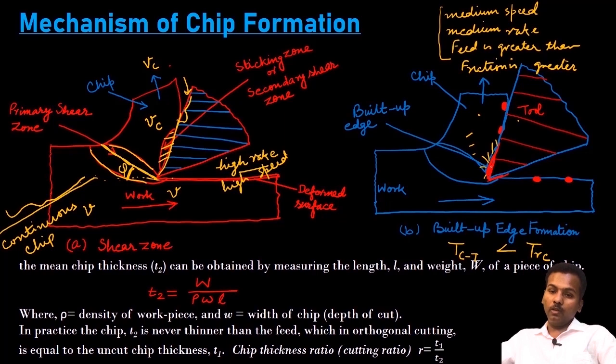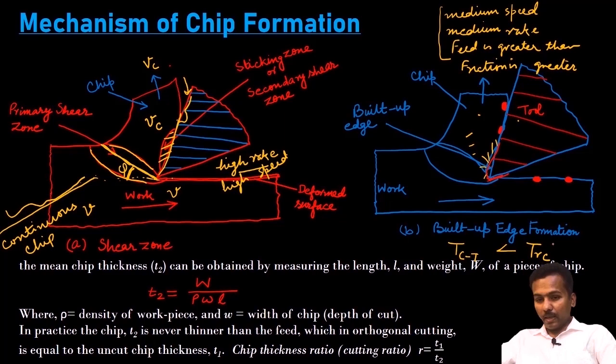Because this zone is harder due to the greater strain hardening than this zone, naturally the material will fracture or be scissored from the zone where low energy will be required, and that is why the scissoring occurs from this zone. This built up edge is formulated when the temperature remains less than